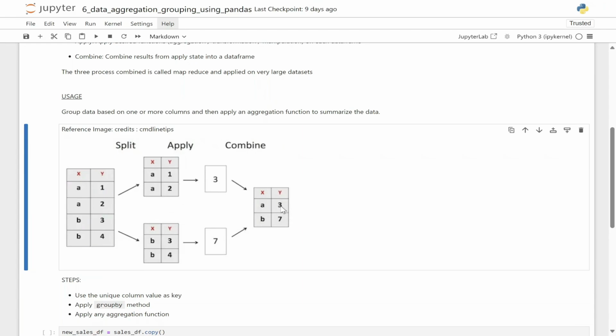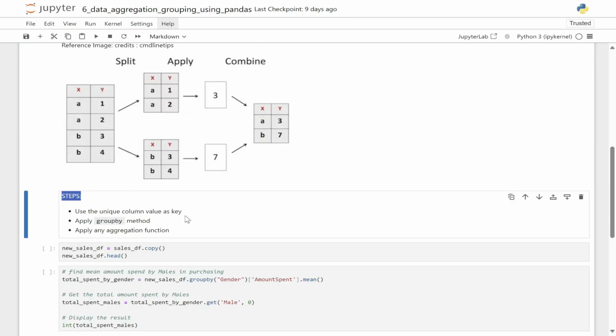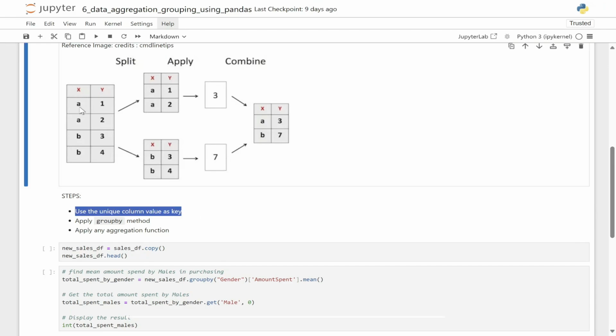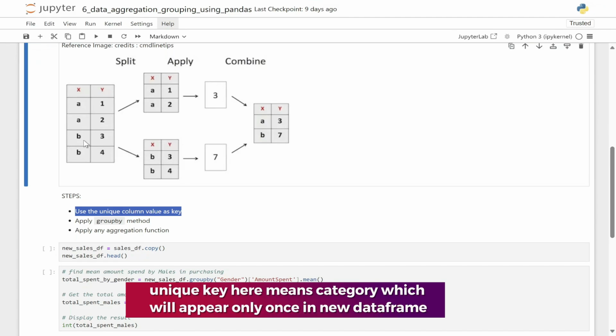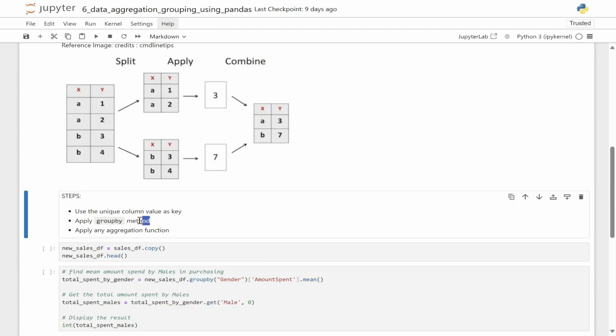3 will be written to A and 7 will be written to B. So steps are very simple for using group by. First of all, you need to find the unique column which can act as a key. Here you can see that our A and B are kind of unique because at the end we are going to group based on this particular value. Now we will use our group by method which comes from pandas,